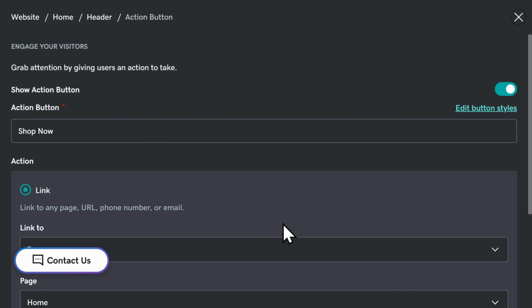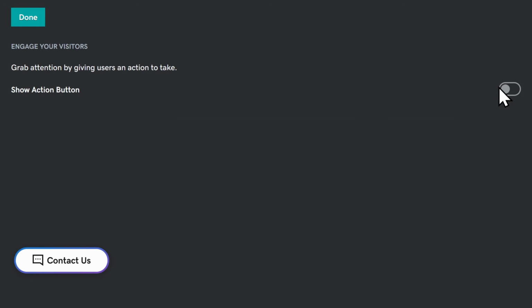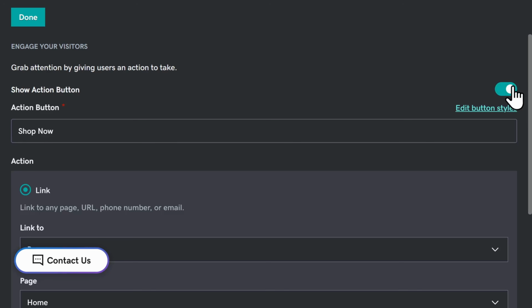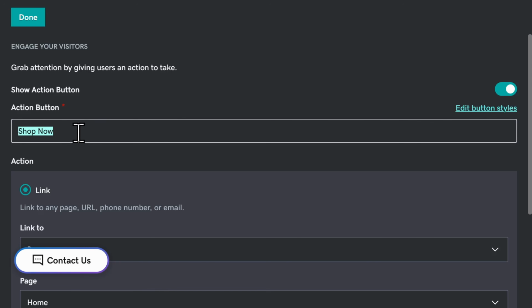However, you don't need to use this button, and if you want to eliminate it, you can simply toggle it off. I do want a way for my customers to be able to easily navigate to the shopping section of my website as soon as they arrive. So I'm going to keep the text of Shop Now, but you can change this to be whatever you want. You can also edit your